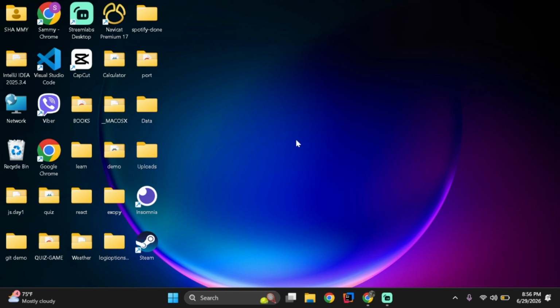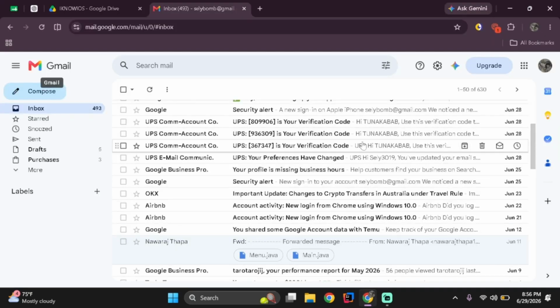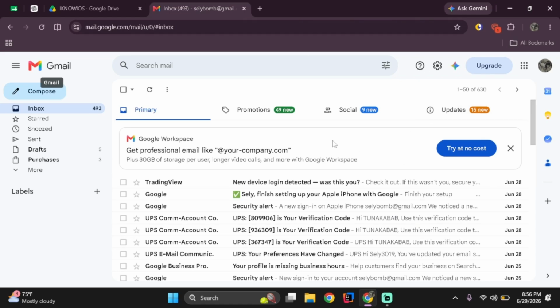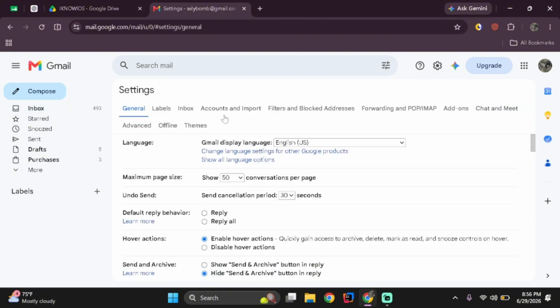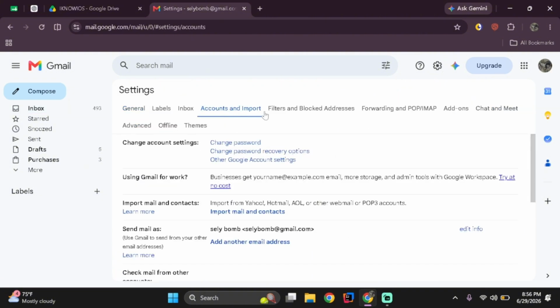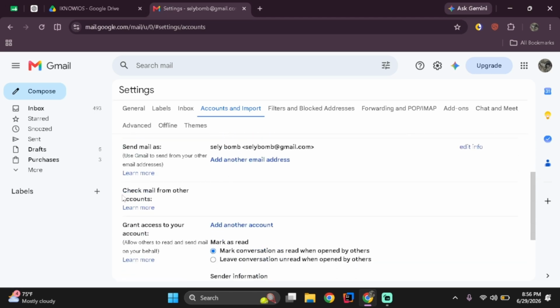your Outlook account. So after that, open up Gmail in your browser and just like that, sign in to your account. Once signed in, tap on the settings icon, then select See All Settings. From here, tap on Account and Import, and just like that, scroll down and then come over to check email